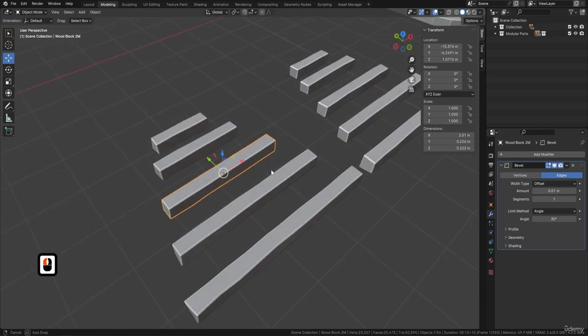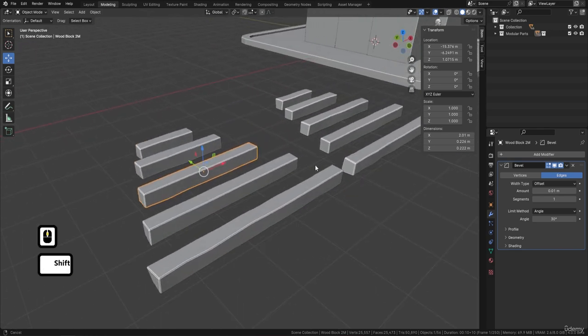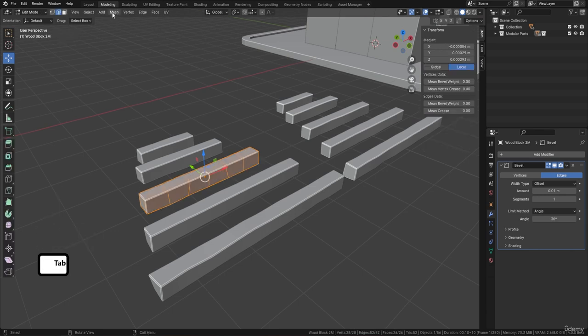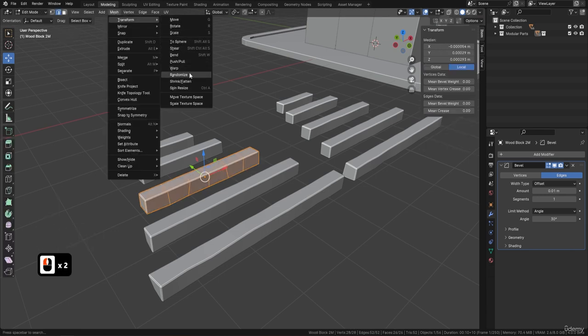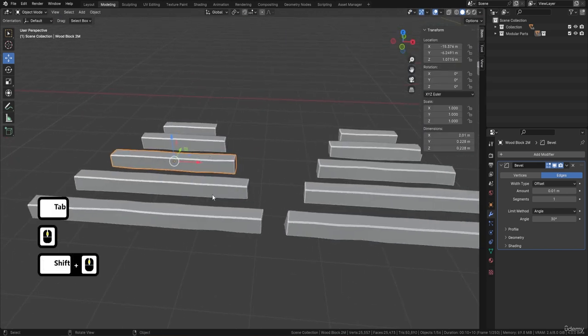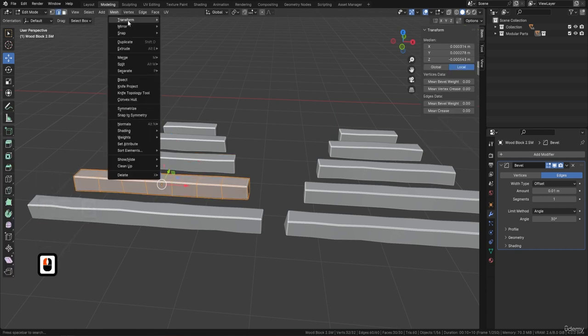So this one here, for instance, it looks okay. This one here, the same. This one looks okay. So what I'm going to do is come into this one, and any I'm not happy with, I'm just going to go to Mesh, Transform, Randomize, and then put this on 0.01, and then just randomize them a little bit more. Do the same for this one as well. So Mesh, Transform,